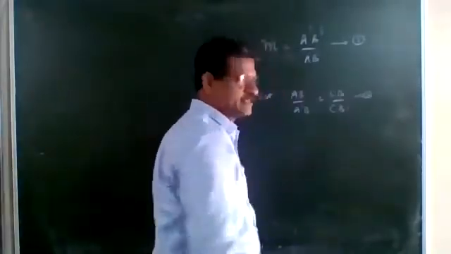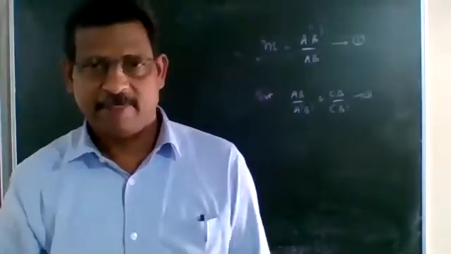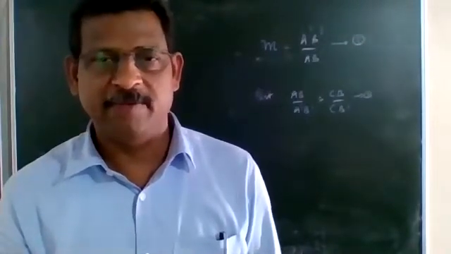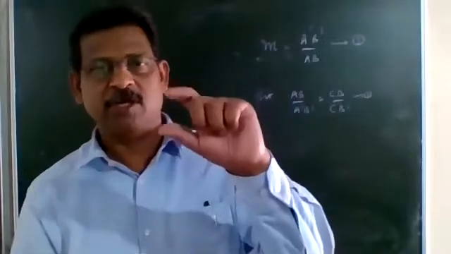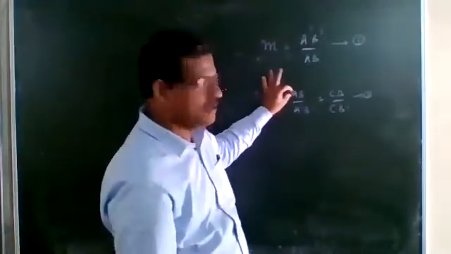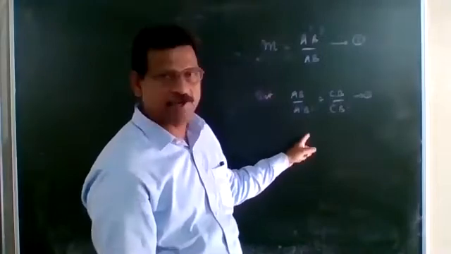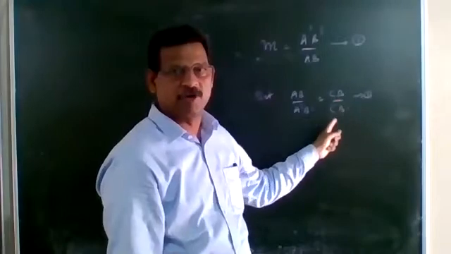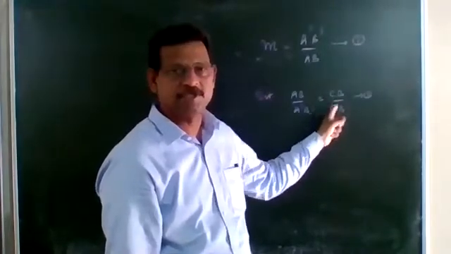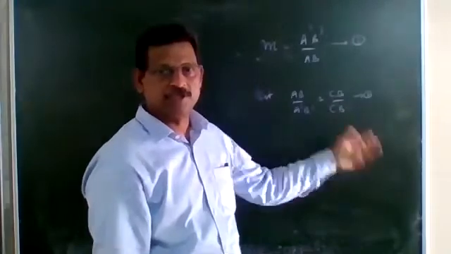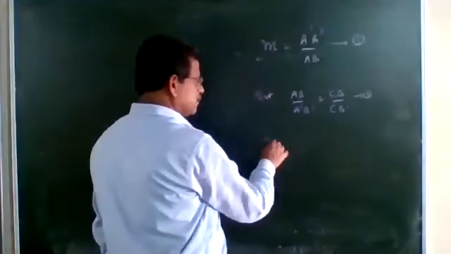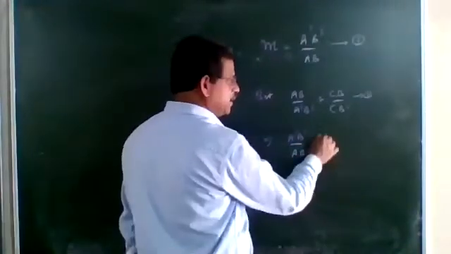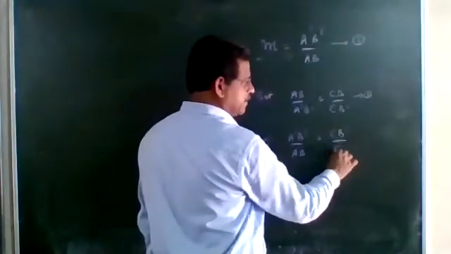Equation number 2. We have seen this equation in the derivation of the mirror formula. First pair of triangles, object and image triangle with C. The ratio of their vertical sides, AB divided by A dash B dash, relates the object distance upon the image distance. So just invert this. Therefore A dash B dash divided by AB equals C dash divided by C.